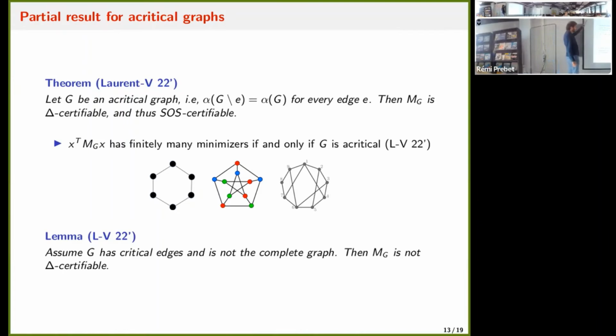Okay, so in the case of critical graphs, we show that it's SOS certifiable by showing that it's delta certifiable, but this idea can only be used for the case of critical graphs because of the following line. If it has critical edges, then it's not delta certifiable. I would like to show that it's SOS certifiable, which is